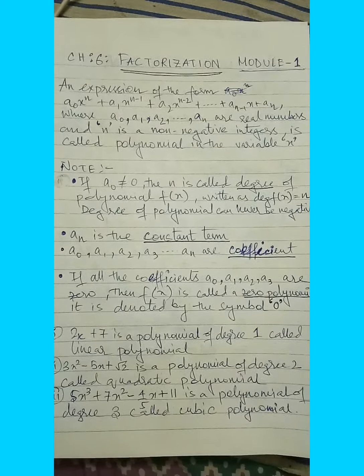Now after this, these things you commonly know, what you have done in the last year also. And next, see the factors I have written: x minus 4, x minus 2, x minus 1 are the factors. That means if you take this one also, it is completely divisible, and the remainder will be 0. If you take this one also, the remainder will always come 0. This is only called the factor theorem.